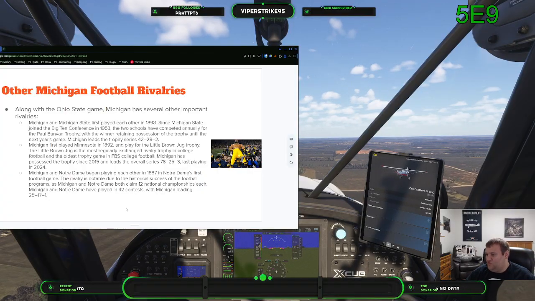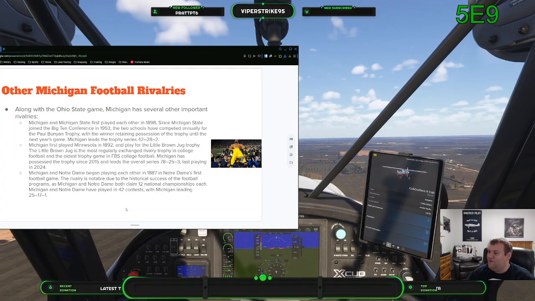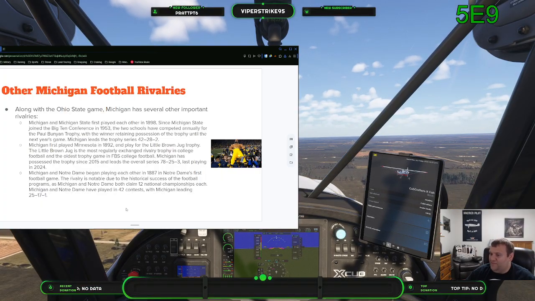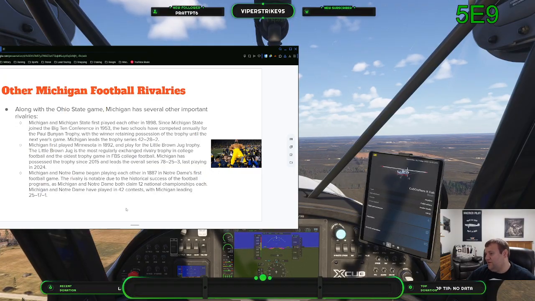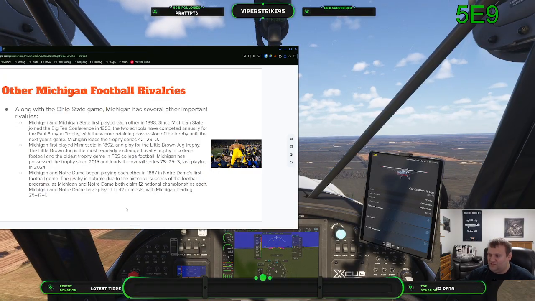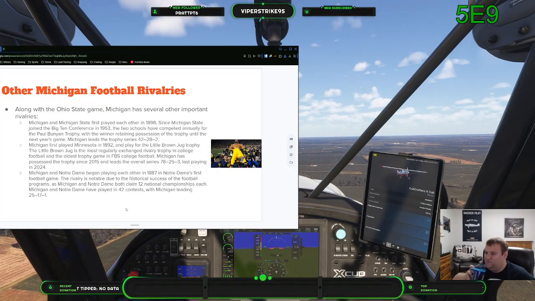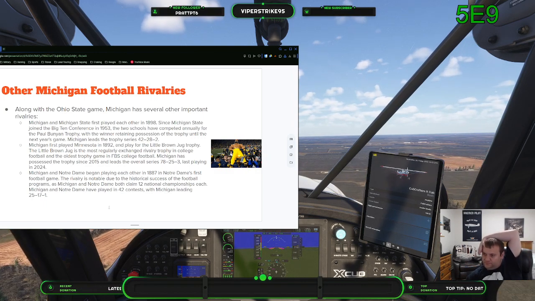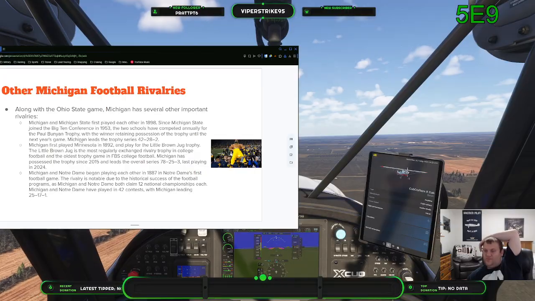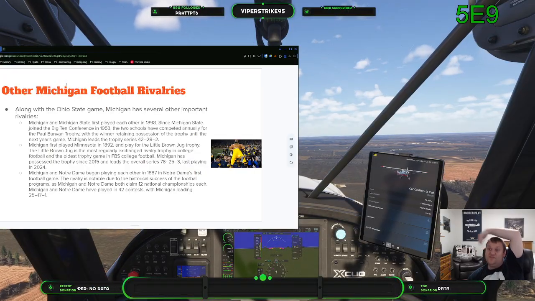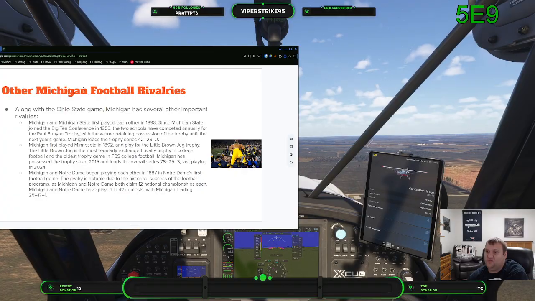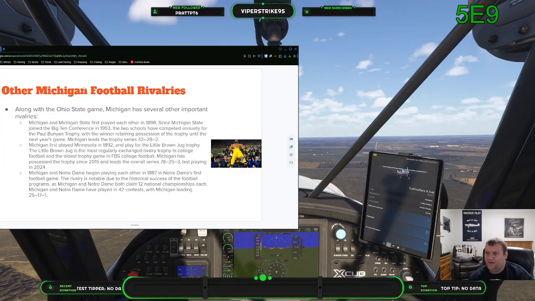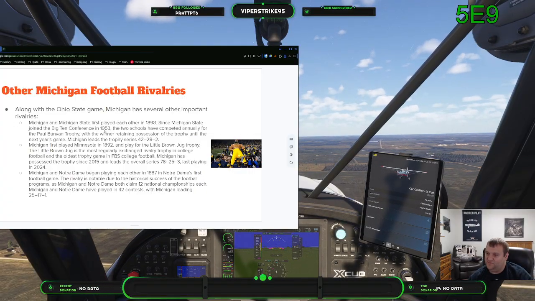118 meetings have been played between the two, and Michigan has historically dominated this rivalry, 75, 38, and 5 all time. In terms of trophy games, since the trophy era, Michigan has led 42 to 29-2, which is significantly closer. Now, of course, the reason why Michigan dominated this rivalry is because Michigan State only won 2 games and tied 3 others in the first 28 years. However, since then, it's been significantly closer.